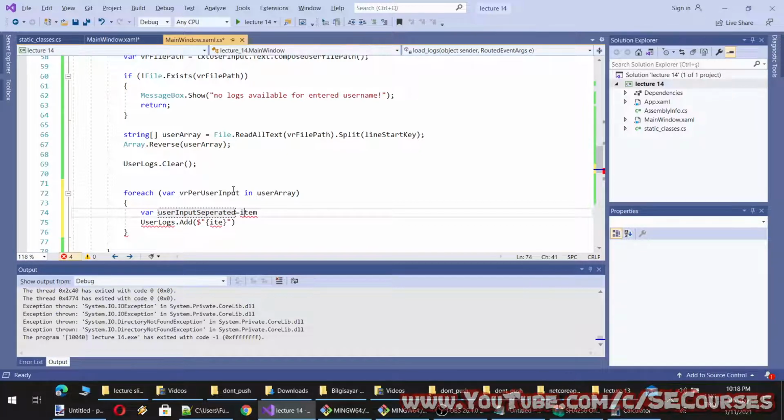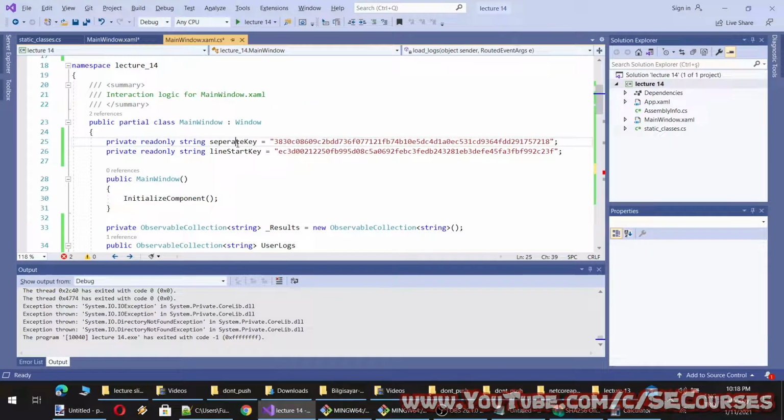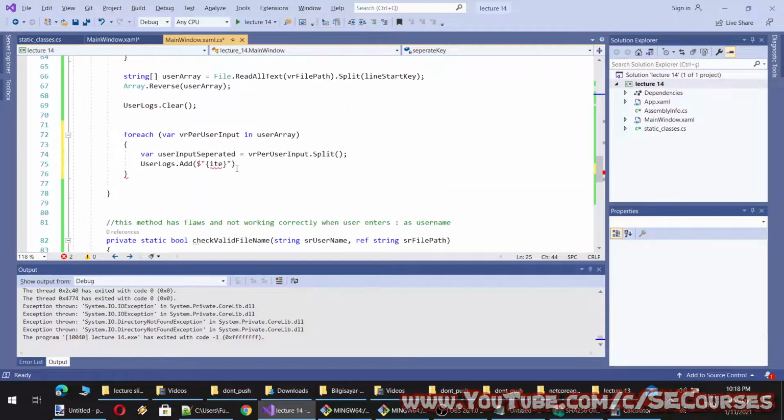separated and split with the separator. You see, I am not hard coding this into anywhere. I am using named variables, and this is an approach that you have to use.